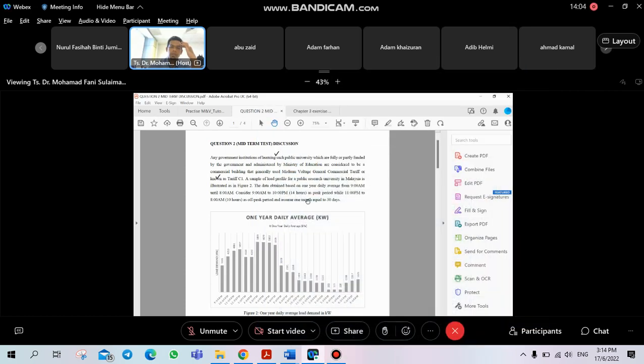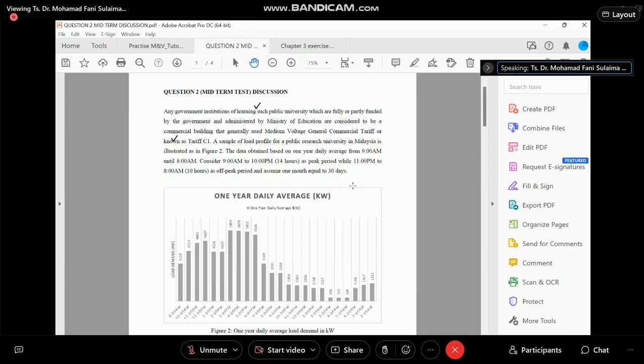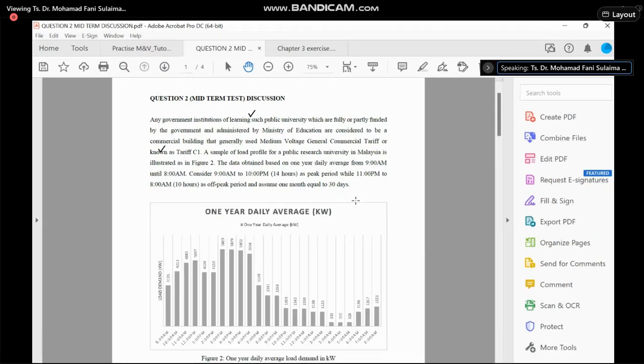And assume 1 month equals 30 days, depending on the question. If the question assumes 1 month as 28 days, or 1 month as 22 days for weekdays and 8 days for weekend, it's going to be 30 days, but you need to have